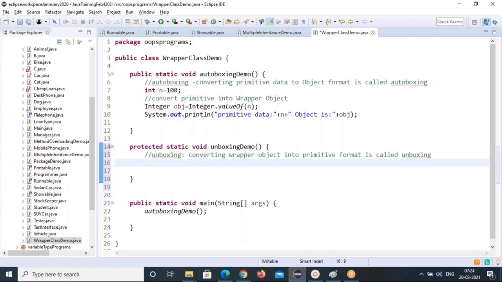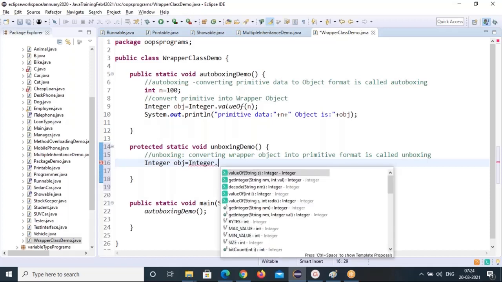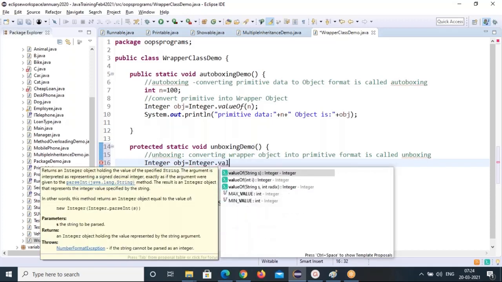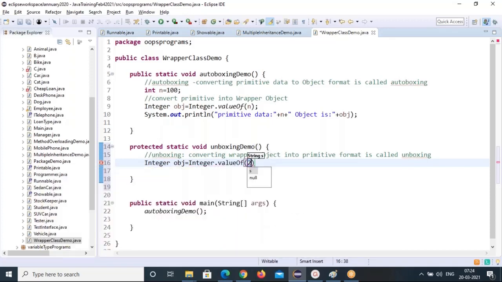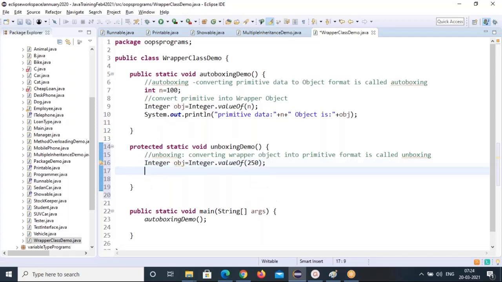So now I have data. Integer obj equal to Integer.valueOf, so I can pass 250. Okay, so this I need to convert from object into primitive format.